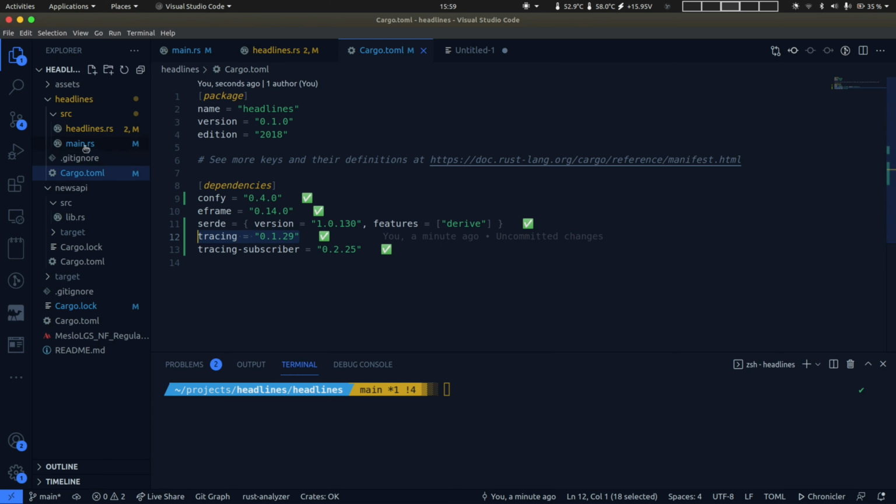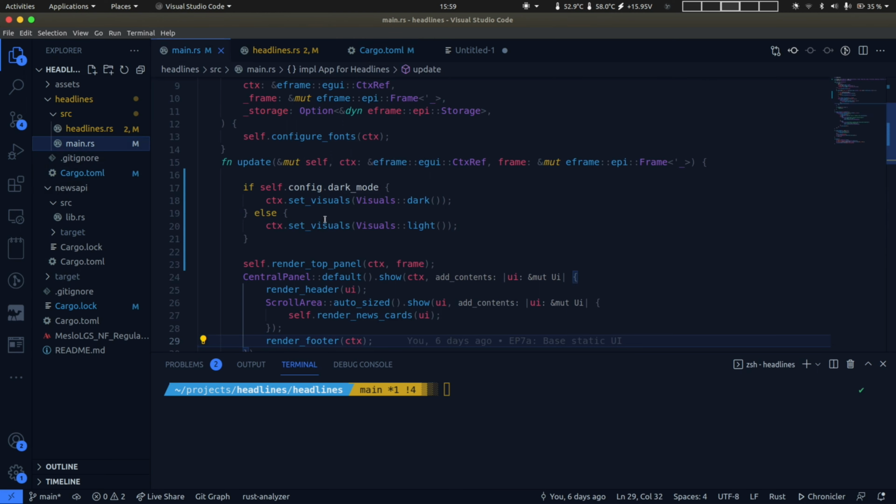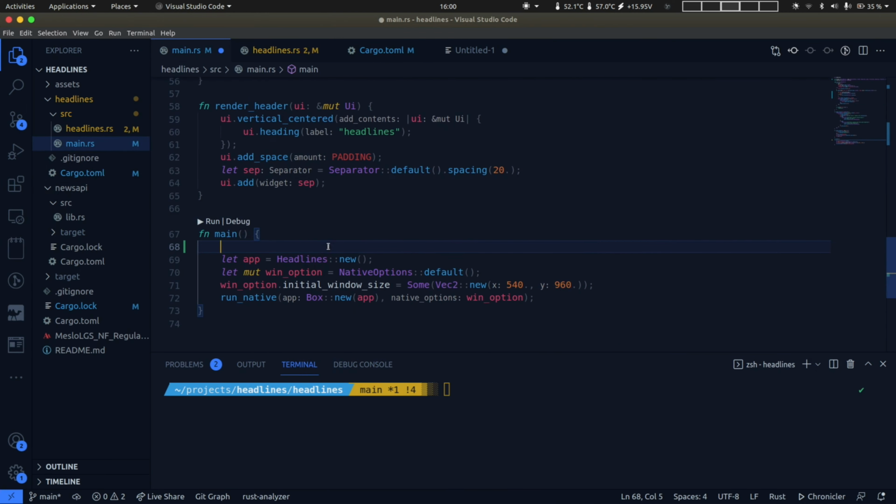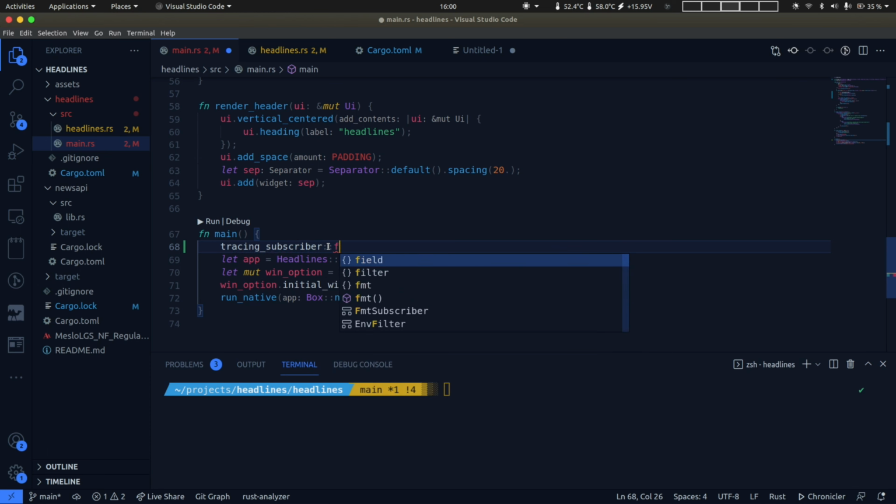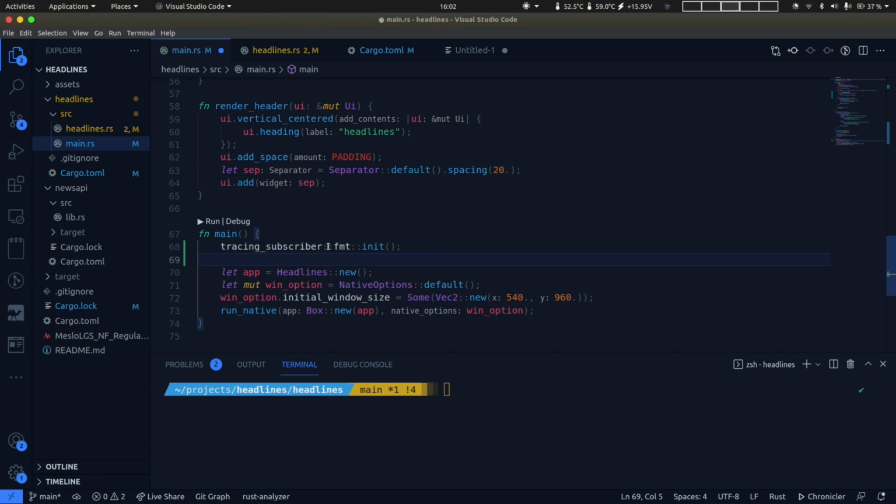So I'm going to initialize my subscriber in main.rs. Initializing our subscriber is simple. We can just do tracing subscriber, and we'll use the FMT module and then call init. Once this has been initialized, we can then use any one of the tracing APIs, for example, error, and can log anything on the screen. So we'll be using this in later parts of the video, and let's get back to creating the API config